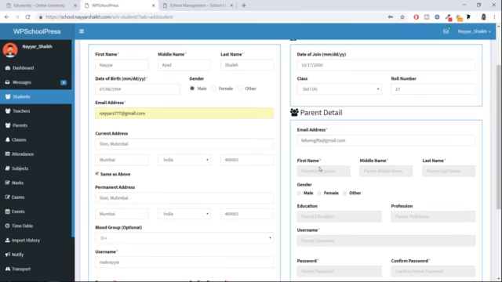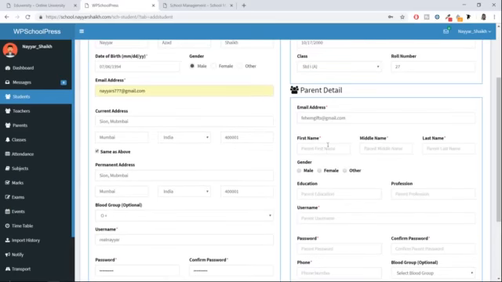Parent's first name, let me simply type in John Doe, my dad's name. Male, education, let me type in graduate over here. Profession, business.